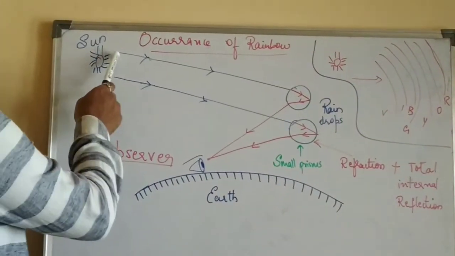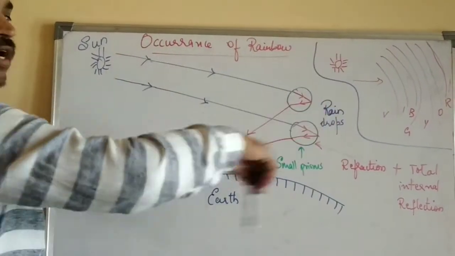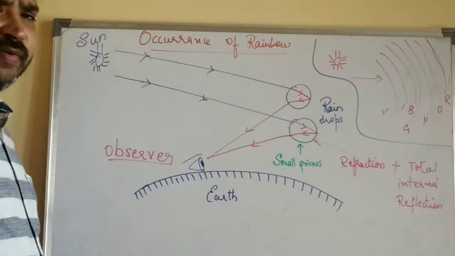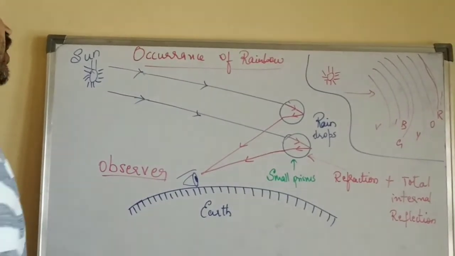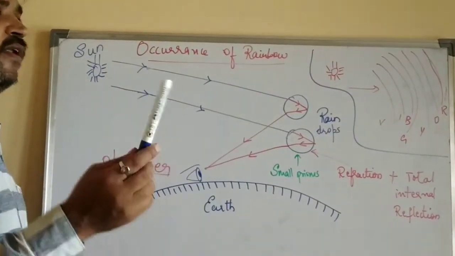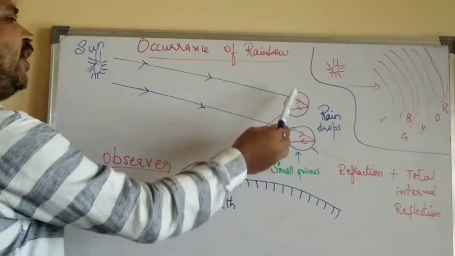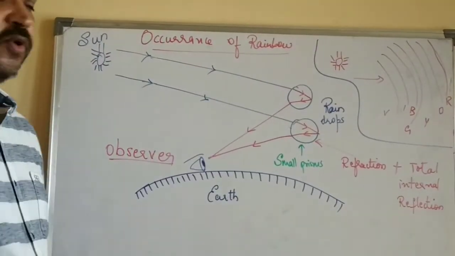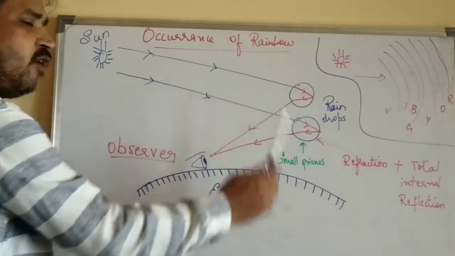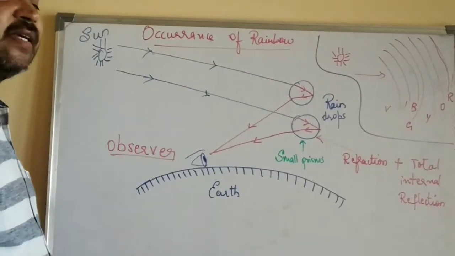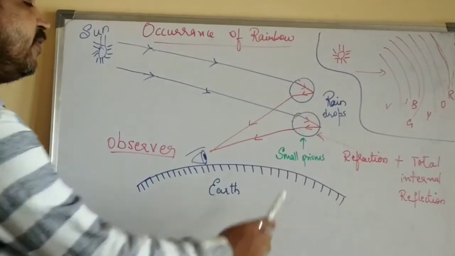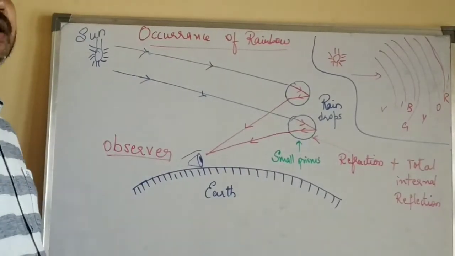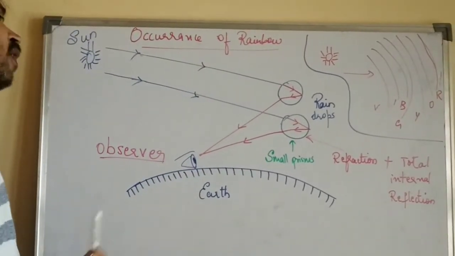Now in nature, in the atmosphere, when it rains, you can see that rainwater is distributed in the form of rain droplets. Raindrops. There are a large number of raindrops. Now each raindrop will act as a prism. It acts as a very small prism. That circular rain droplet itself will act as a small prism in nature. Now what happens